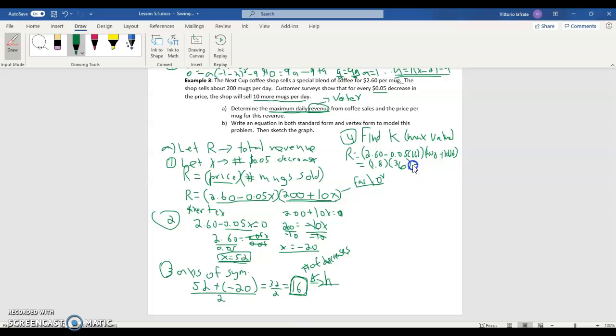Multiply those together and we get 648. So we write our therefore statement. Therefore, the maximum profit is $648